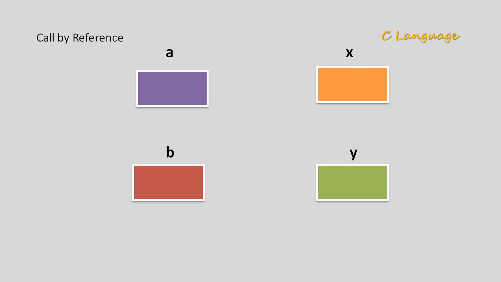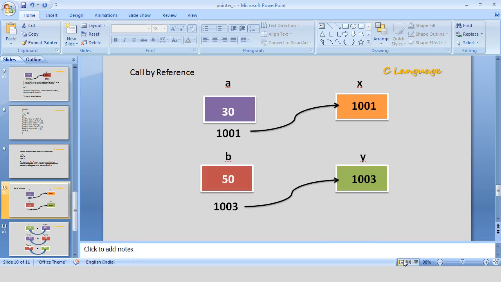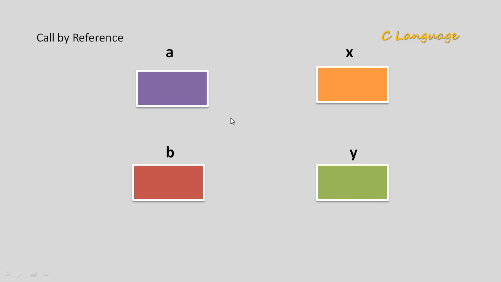Now I'm going to make a program, which I have already created in my previous video, to swap the values, but that I did by the call by value method in a function. Now I'm going to use pointers, and for that I will pass the addresses to the pointer variables, and this program will be called call by reference. So how to make this program?